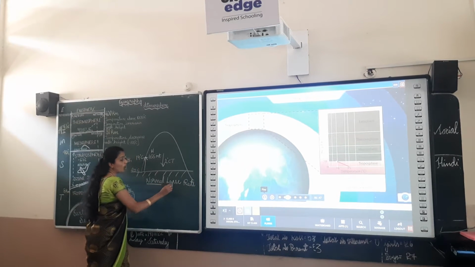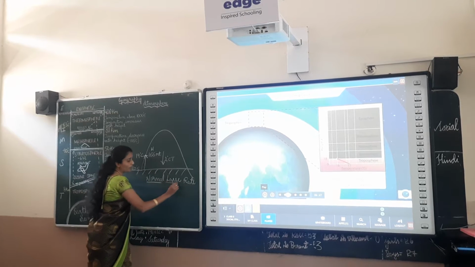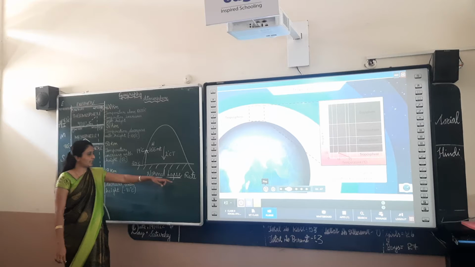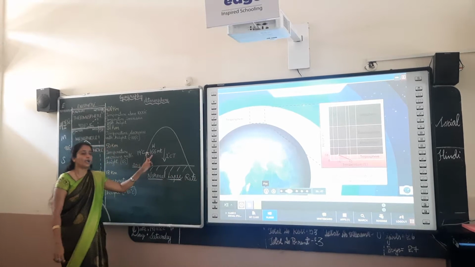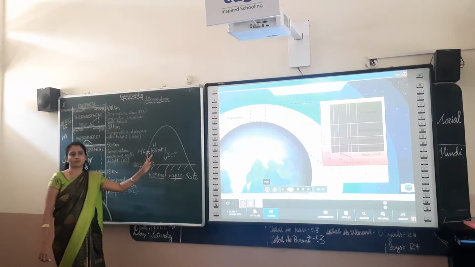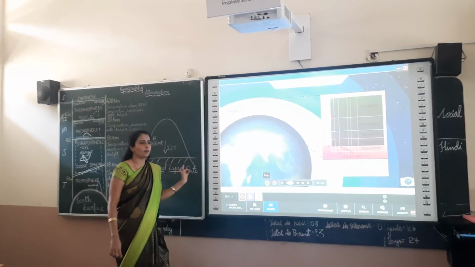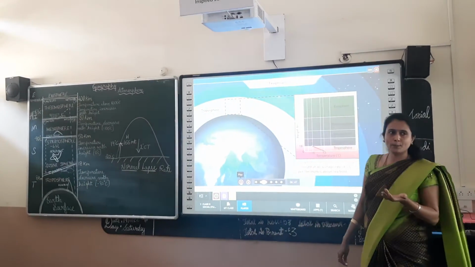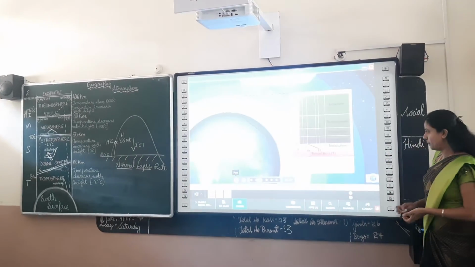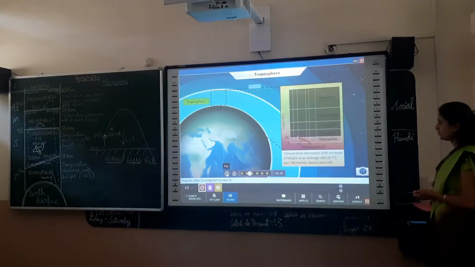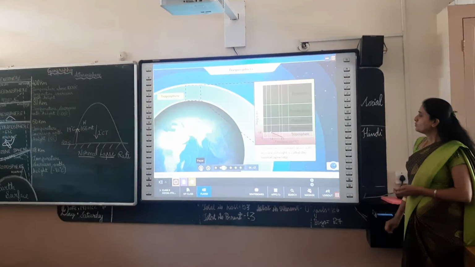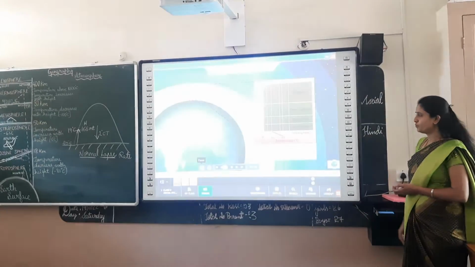Normally, at what height does the temperature go on decreasing? Lapse in the sense is nothing but decreasing. Rate refers to at exactly what height. Understood? So this concept is called the normal lapse rate. What was going to lapse? Temperature. This decrease in temperature is called the normal lapse rate.